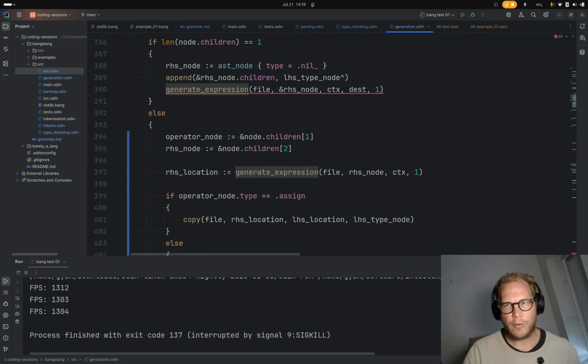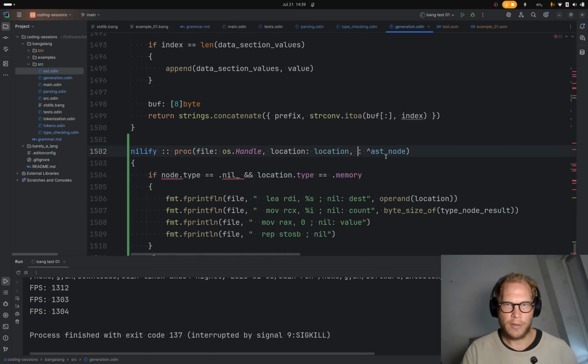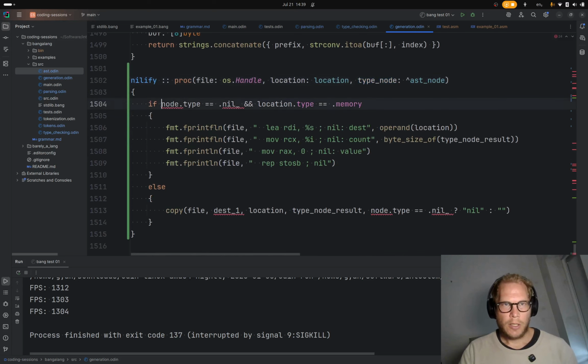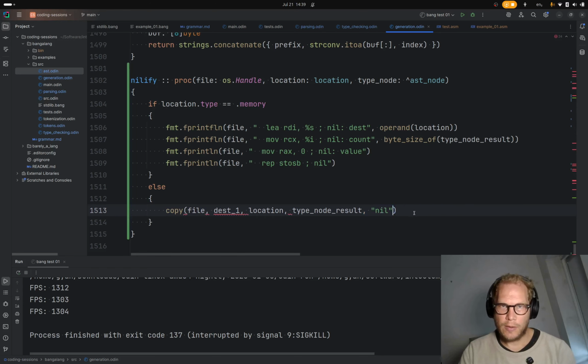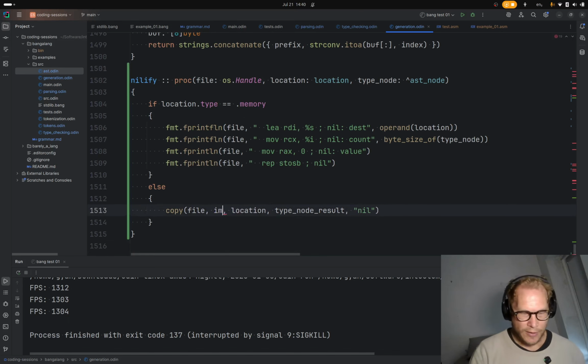Let's see. I don't know if that's really necessary. I guess we'll find out if it's not. We know that we're doing nil stuff, so we can take out these conditions, I think. Go like that. And I guess this would be copying, but